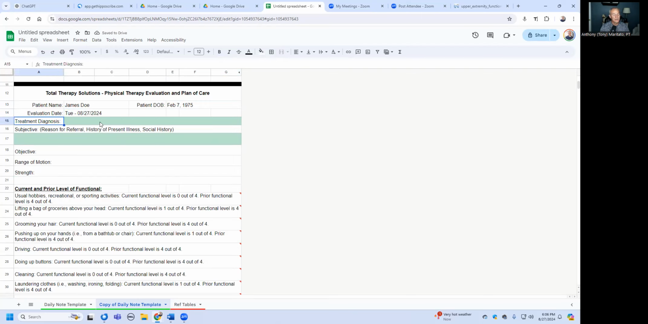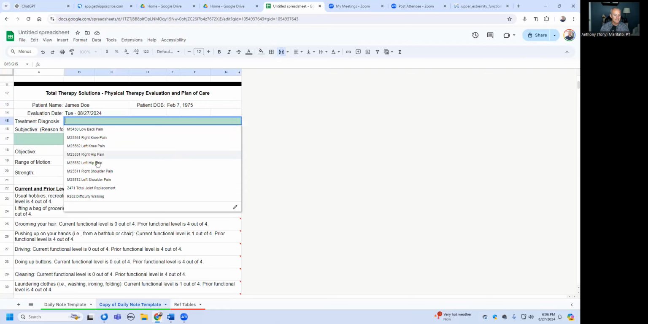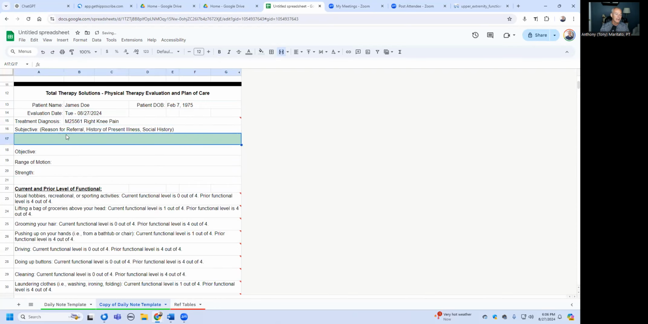If I double click on treatment diagnosis, I have my most common treatment diagnoses in here. So let's pretend we're doing right knee pain. What's cool about this is for subjective, right? Reason for the referral, history of present illness. There's a couple ways that we can do this. One of the tools that I like to use is this. You can do